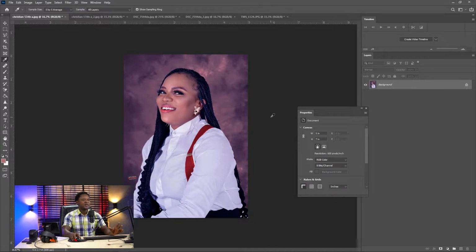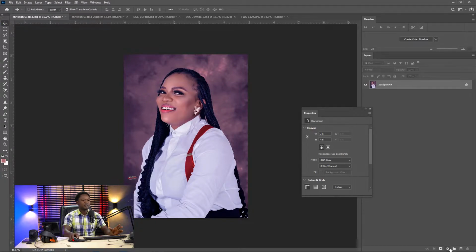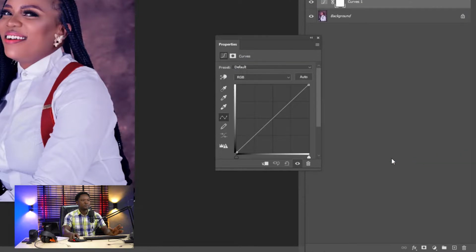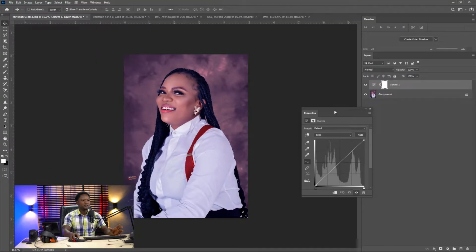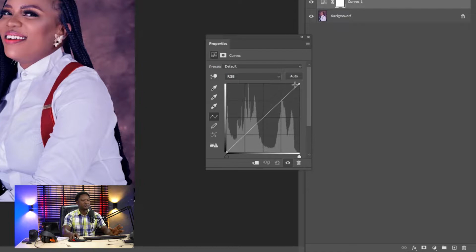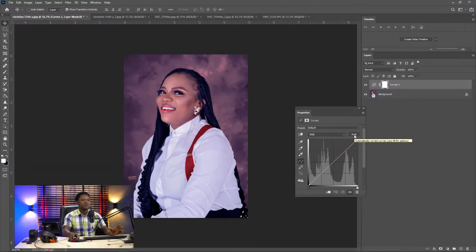The first thing we'll do is go to our adjustment layer, take our move tool, then go to adjustment layer and choose curves. So we have these curves here. If you check inside this dialog box, you notice there is an auto button. If you click it, you'll notice that it's kind of brightened and a lot of contrast